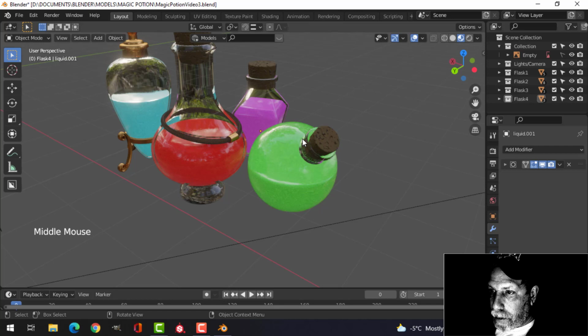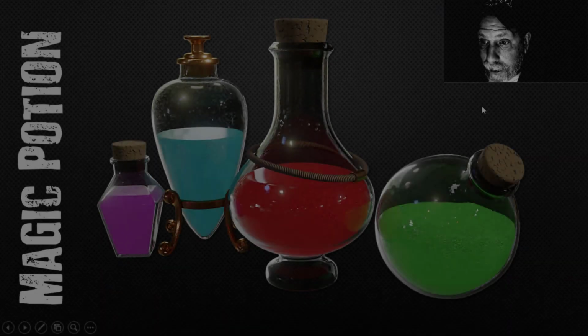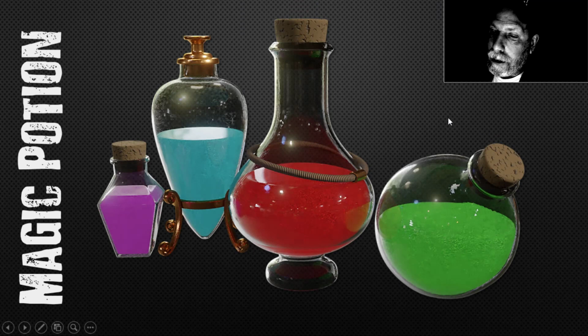So we're going to do a little render of that and see if we like it. And here's my happy gang of flasks. So we've got the round one with the flat bottom. Can't really see that here, but it's there. We've got this one which we did originally with the rope around it and the bead. We've got this interesting shape one with the gold on it, and we've got this somewhat rectangular one, all with a different magic potion. All right, so that's 4 different flasks that you could use in your magic scene, or